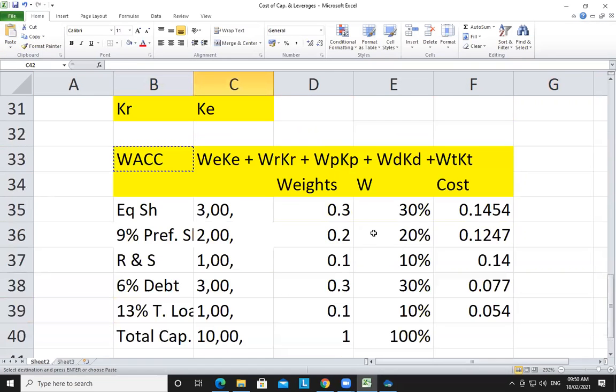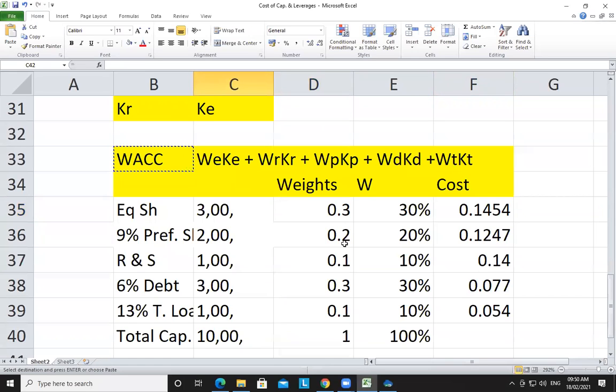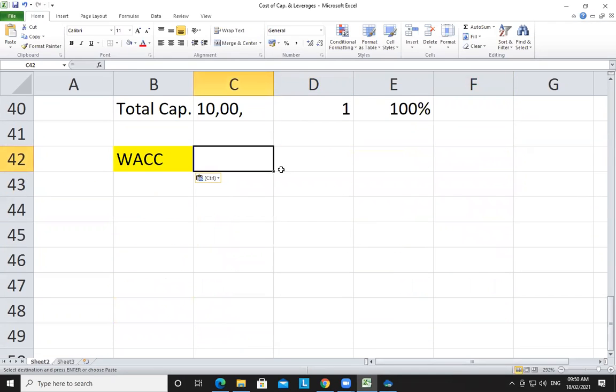Can you tell me? Cost of equity into weight of equity. Cost of preference into weight of preference. You know, you have to multiply everything. Yes or no? Yes, sir. Okay, so multiply and get me the answer. This multiplied by this, we can write here